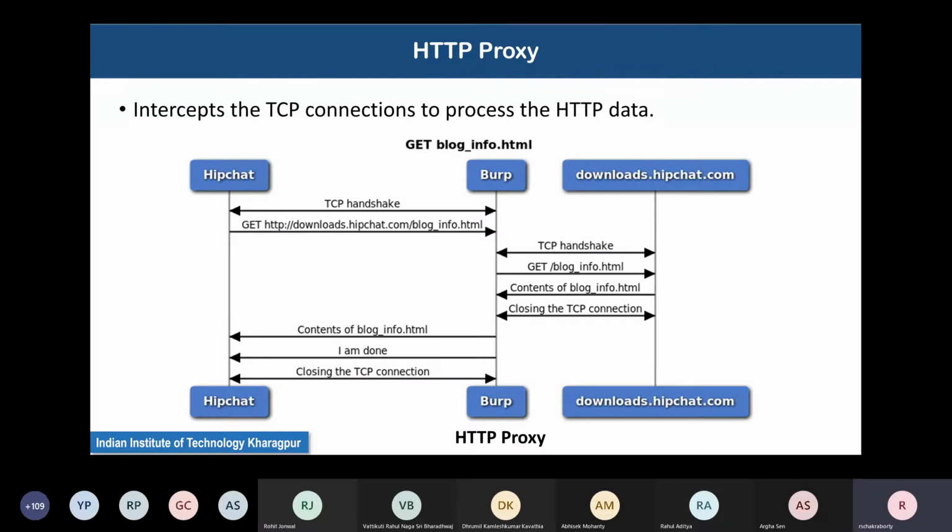So today we will continue from yesterday's discussion, starting with the concept of HTTP proxy. We discussed the very basics of the HTTP protocol in the last class. The HTTP protocol and its secured version HTTPS are the default protocols to access web pages on the internet.